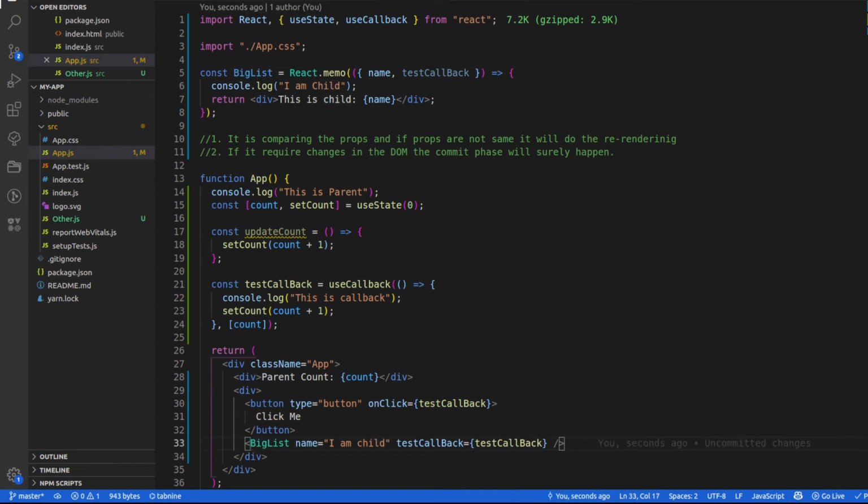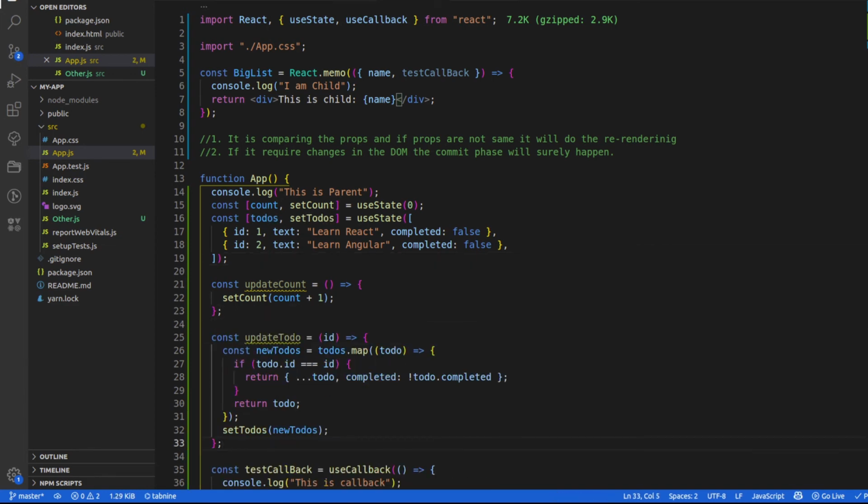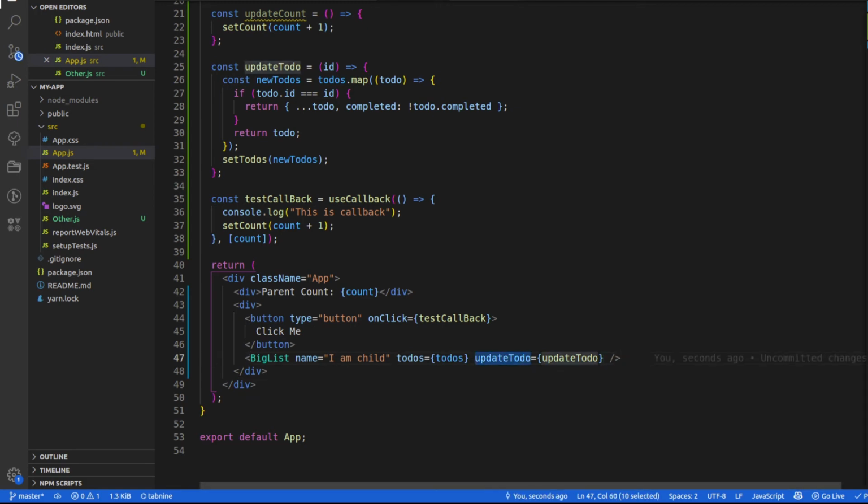And instead of just doing the basic stuff, let's say it is a to-do application, all right? And it is updating the to-do like this. And I am actually passing these and update to-do as part of my function. Let's remove this thing and add these update to.